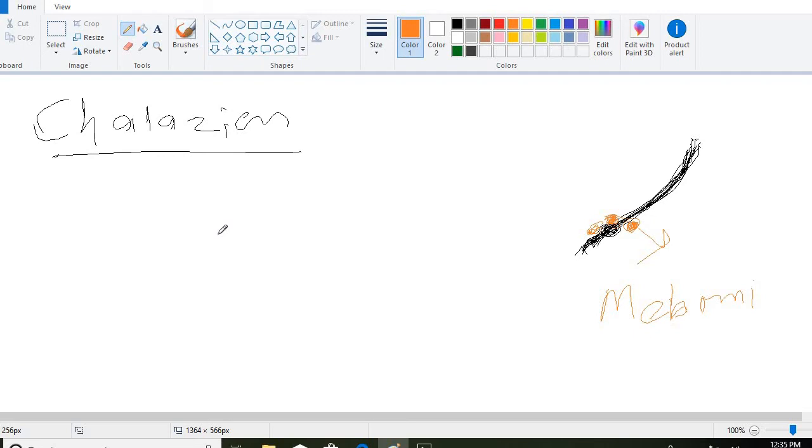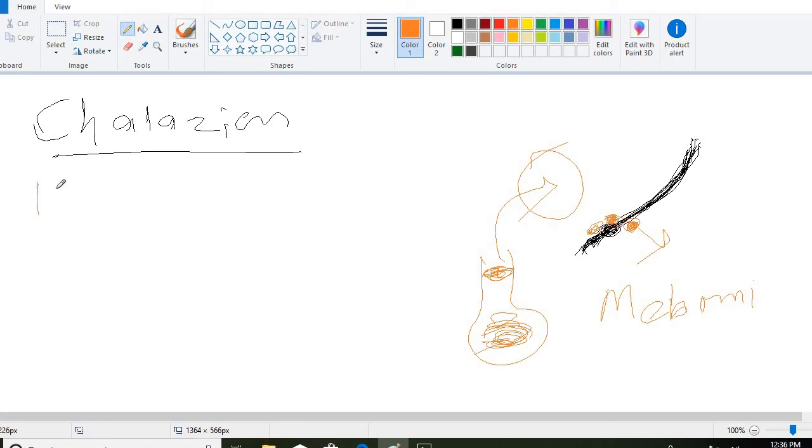Now coming to the etiology, as I already told, there is obstruction of the orifice of the duct. When obstruction occurs, chalazion develops. Obstruction of the orifice of the meibomian gland, either by infections or other causes, even an unknown cause, may result in chalazion. Accumulation of sebaceous secretion within the acini of the gland may result in development of chalazion.